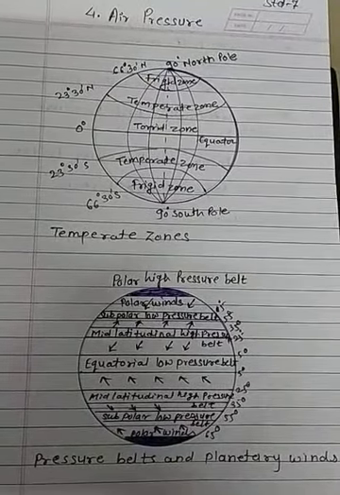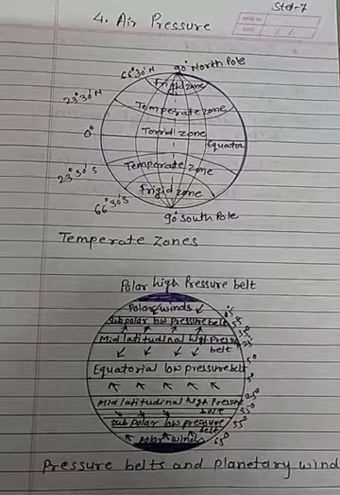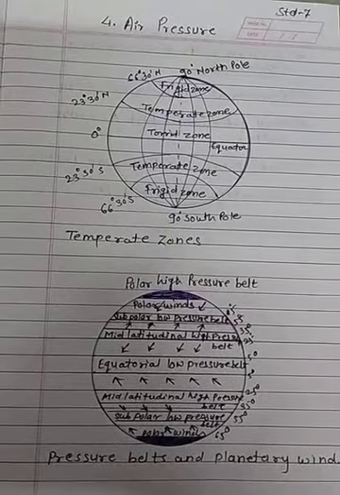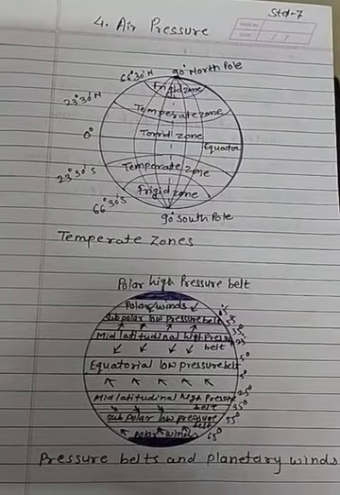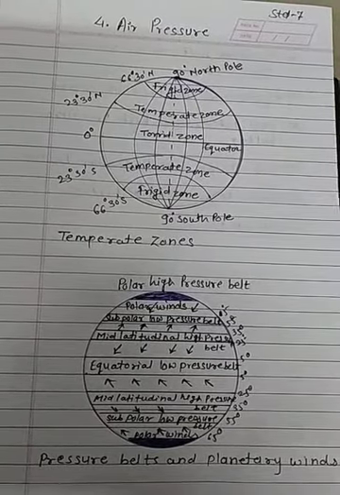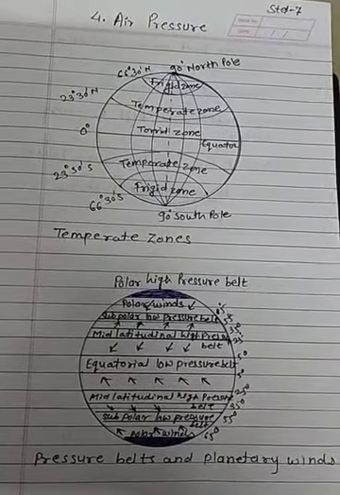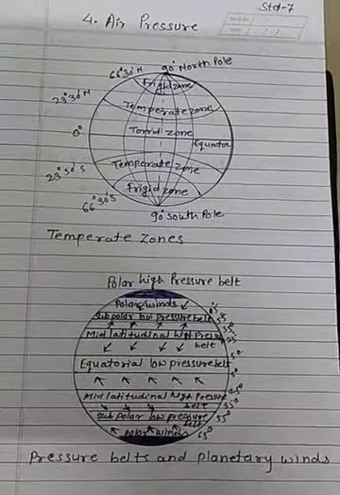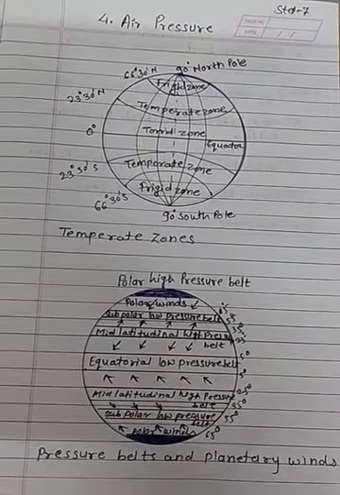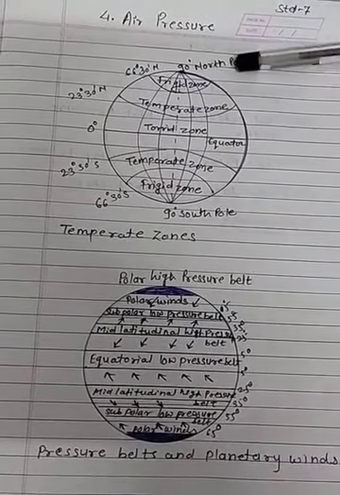Temperate zones and pressure belts are interrelated to each other, but the latitudinal extent of the temperate zones is much larger, while pressure belts are narrower. In that figure also we can see the temperate zone extends from 23-degree 30-minute to 66-degree 30-minute. Compared to this, the air pressure belt has a limited extent. It is generally up to the 10-degree parallel. The uneven distribution of temperature influences the distribution of air pressure too. This leads to the formation of low and high pressure belts horizontally between the equator and the poles, that is the south pole and north pole.